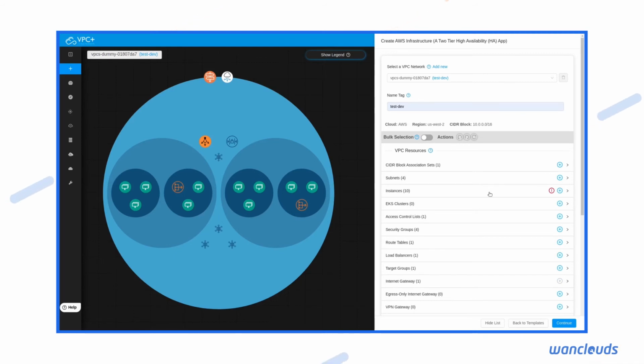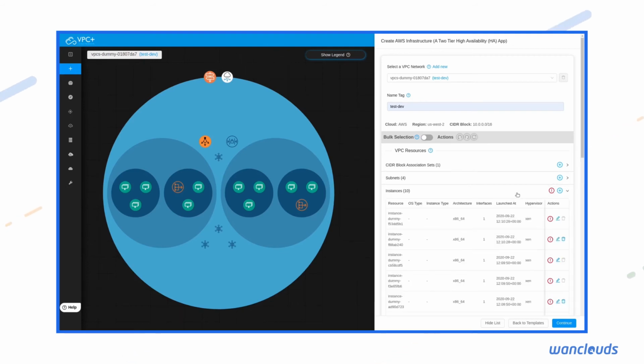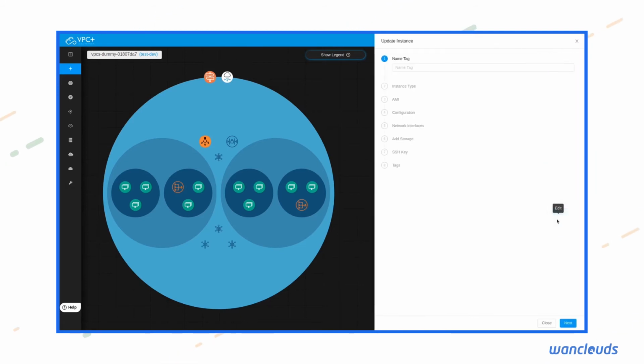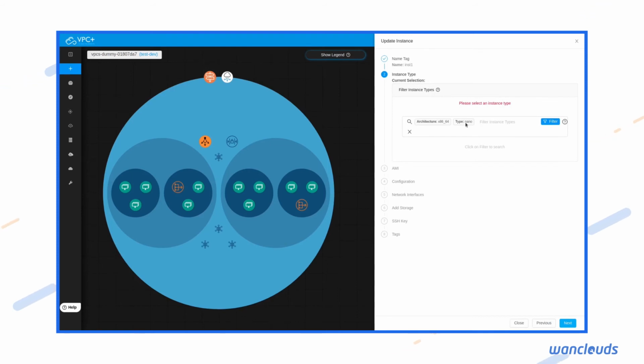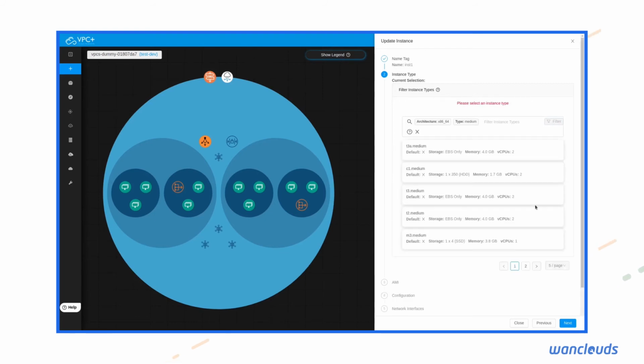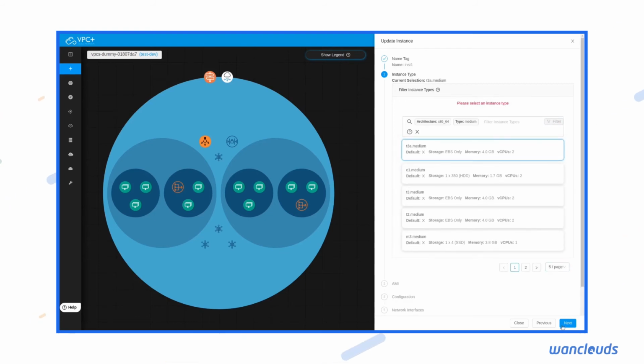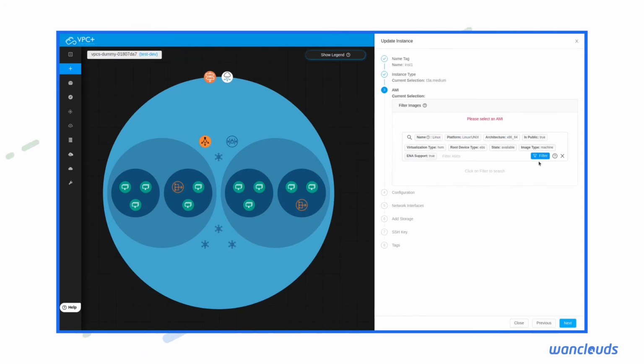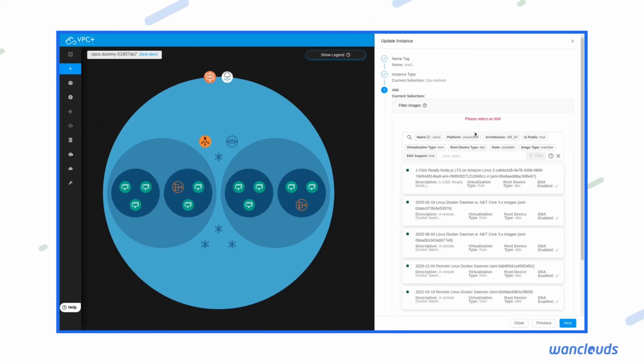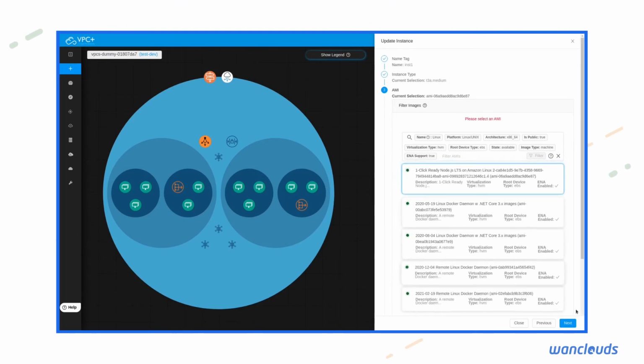These are the resources that are going to be provisioned. In the instances you see validation errors. Let's explore what these validation errors are. Simply hover over it. So we need to select an AMI type and an instance type. So edit it, give it a name, select the instance type. You can filter out the instances, select an instance, T3A medium. Then you can filter out an AMI type from the AMI images available publicly. Let's select one.